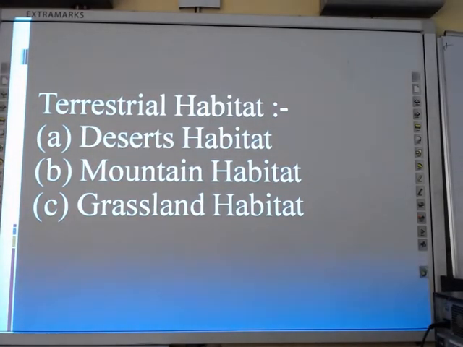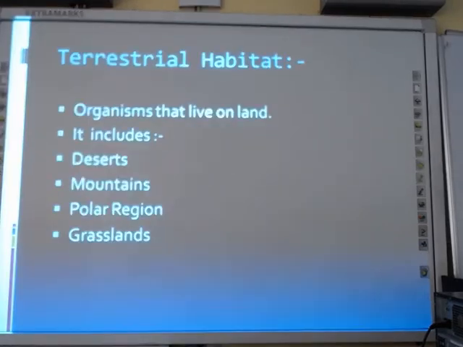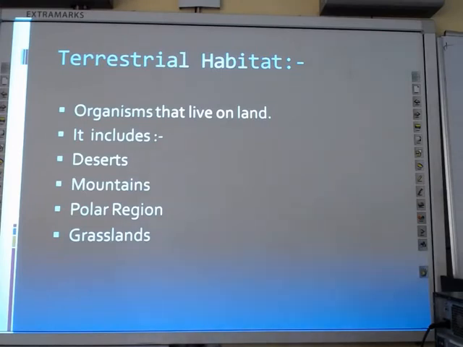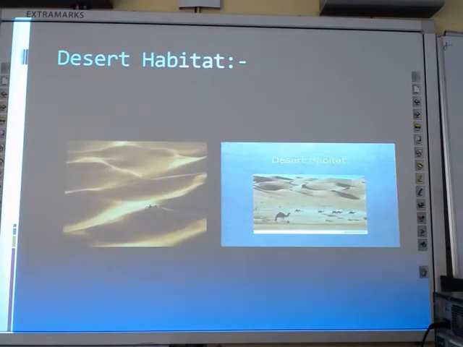Next, we will discuss the parts of the terrestrial habitats. They include deserts, mountains and grasslands. First, the terrestrial habitat: organisms that live on land. It includes the desert, mountains, polar region and grasslands. First, desert.